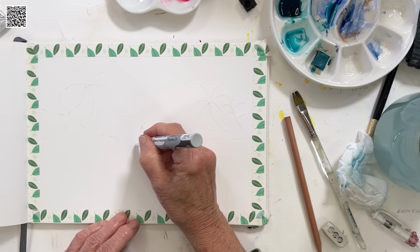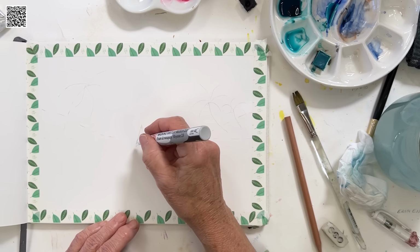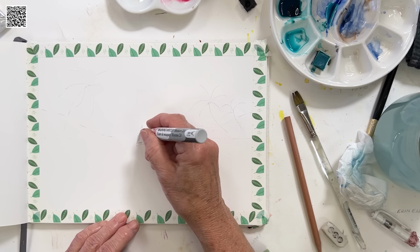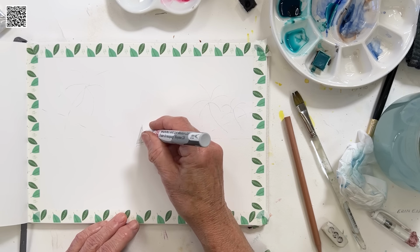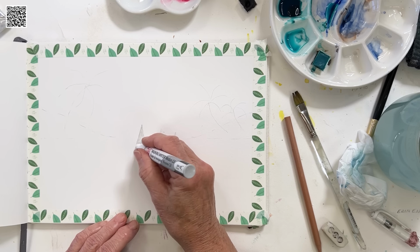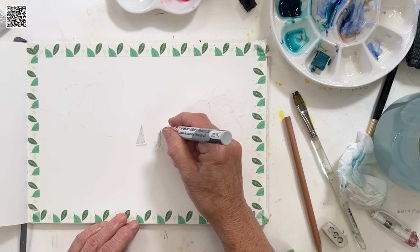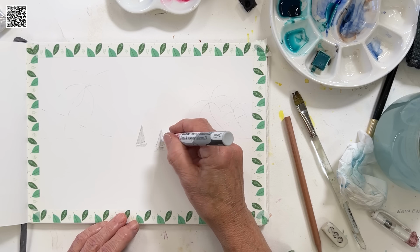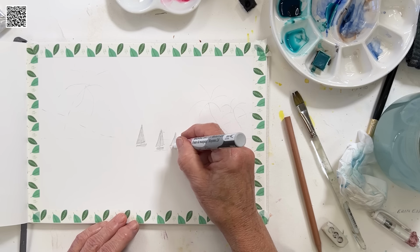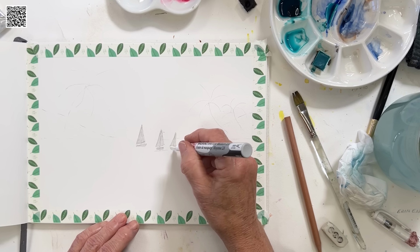There we go. So yeah, it's a Zig masking writer, and you can actually use it for writing words as well if you want to, but it will rub off. So it's masking fluid. So we'll just put the sails of these three boats. I've just scribbled in some boats. Doesn't matter about the details. Doesn't matter if they aren't completely white either, but it helps to keep them protected if you just use this